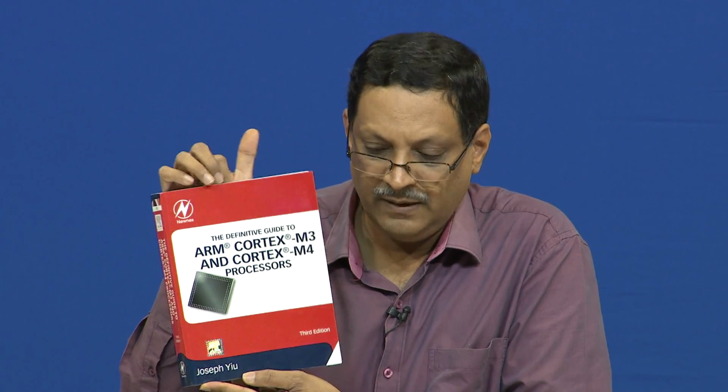So this is the publisher. I tried to understand several things from this book to give you a comprehensive idea of the controller. But before we go on to that, let us see a summary of